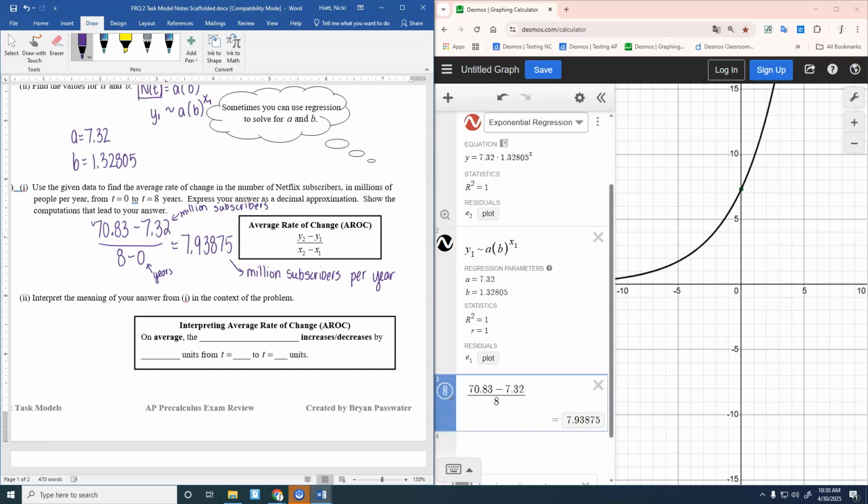So in this case, we would say on average. What are we talking about here? What goes in that first blank? The what? We want to be specific to this situation. What are we looking at changing? The subscribers. So the number of subscribers